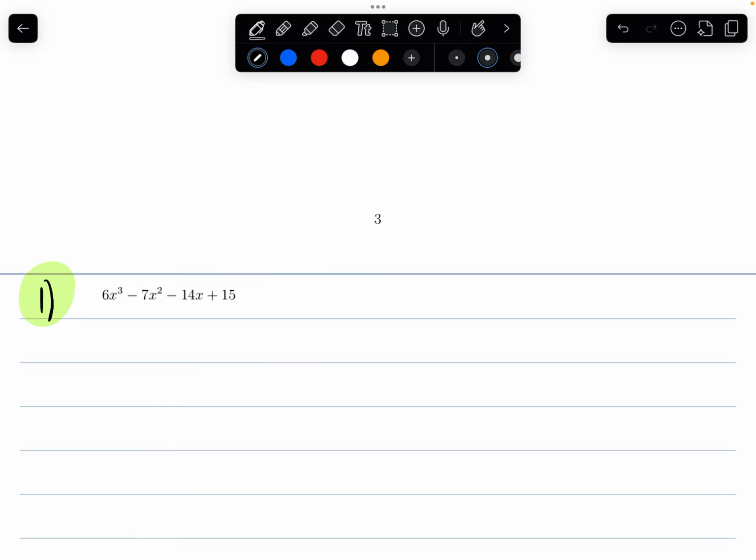So without really knowing anything a priori, we can use the rational root theorem to try and figure out some roots. So using the rational root theorem, we know that the possible roots are factors of 15 over